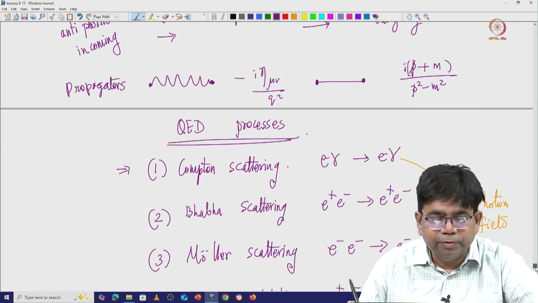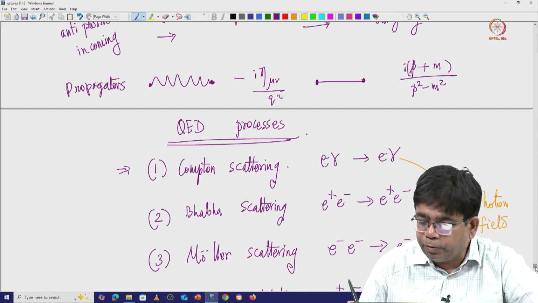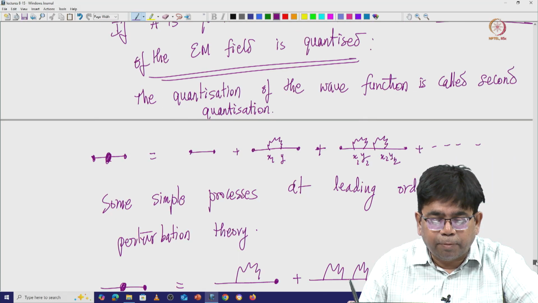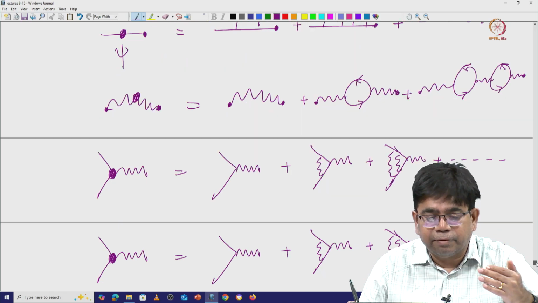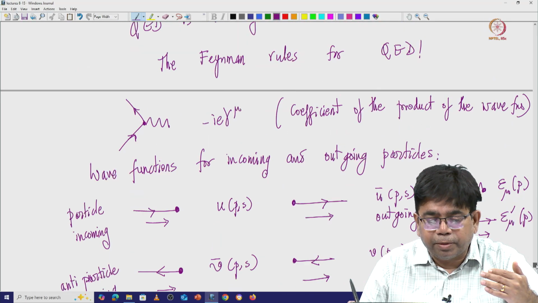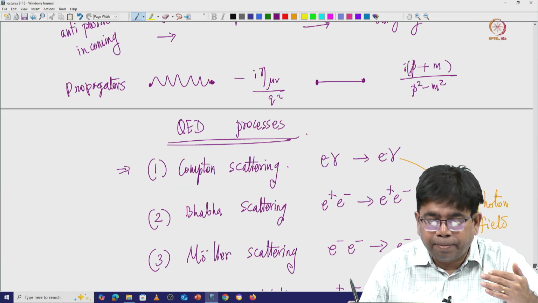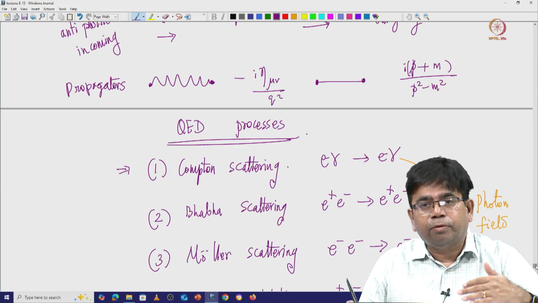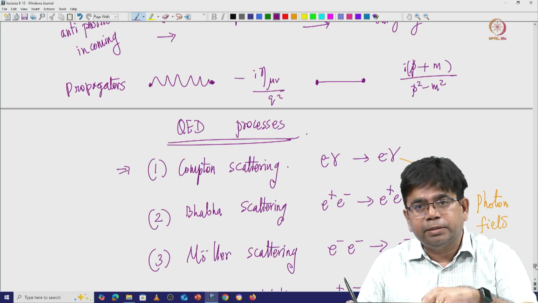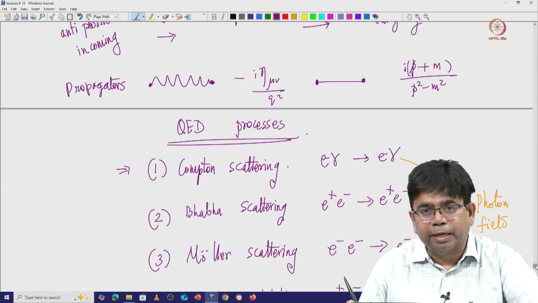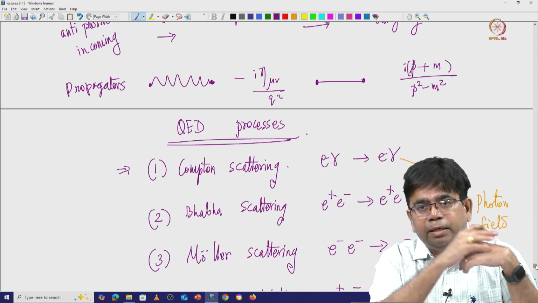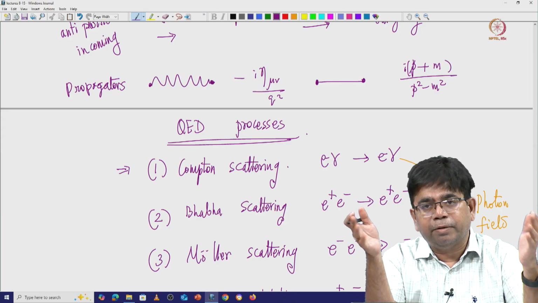And then when we listed out the QED simple processes, we wrote down the Feynman rules and everything. We wrote down not just the propagator, but also the Feynman rules from the Dyson equation. We also wrote down the process in which the photon could be dynamical because it comes as an external particle in the interactions essentially. So when we want to write it in terms of an external particle, it is better to write it as a dynamical field, it is quantized.